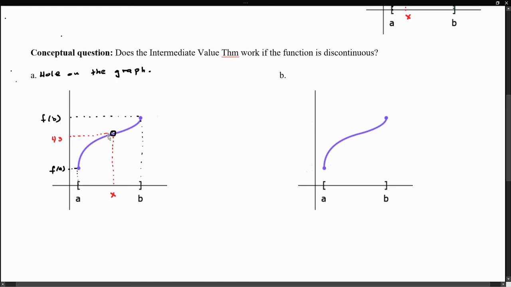But notice that right now I'm choosing this one, and there is no x value that I can plug into the function that will give me this output, because we know there's a hole. Therefore, the function is discontinuous at that point. So notice that this is one scenario. This is why we have to put emphasis on the function being a continuous function, or else we can encounter situations of this form. So therefore, since the function